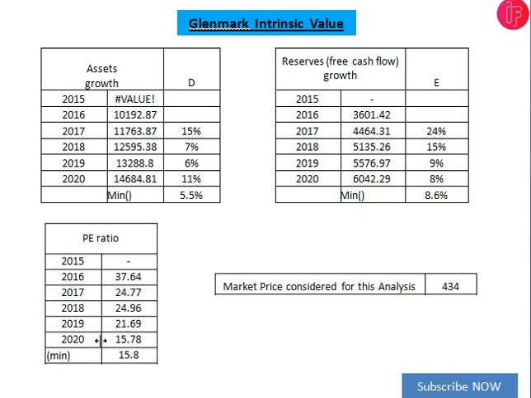PE ratio, you can see the PE ratio for the last 5 years. In that, in 2016, the PE ratio was very high. That time you might have seen that market price was around 1200 plus or 1100, but in 2017, it reduced down to 900 plus or 700 somehow. So likewise it went down to 434 in 2020. During COVID, the PE ratio was 5. The 5 PE ratio is very attractive.